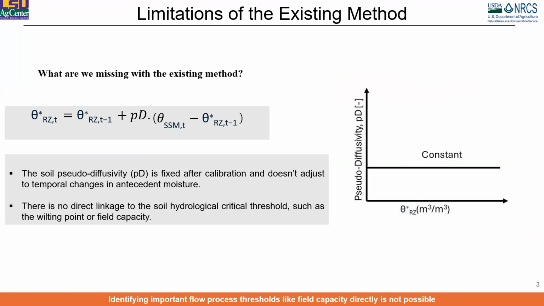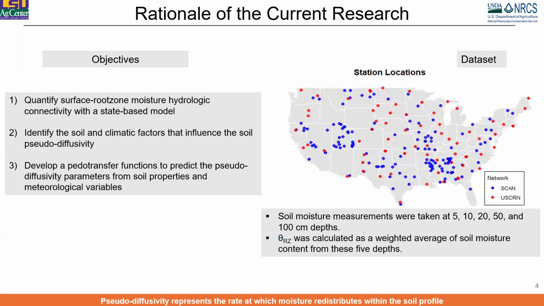And because of this constant relationship that was assumed, we are not able to identify a critical hydrological threshold that we need in our water resources management. For example, if you want to understand the field capacity or wilting point, this cannot give you that information. Therefore, we